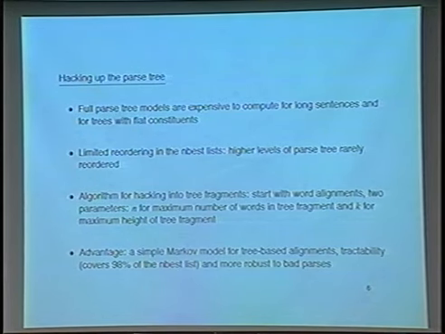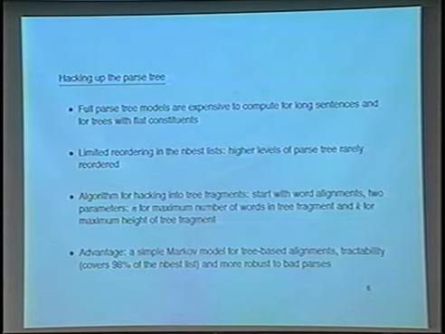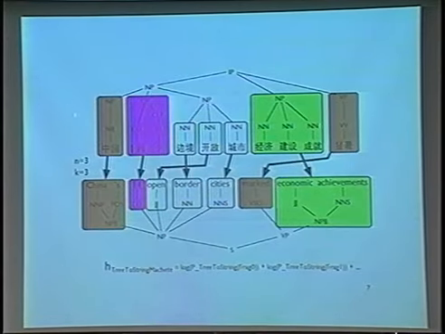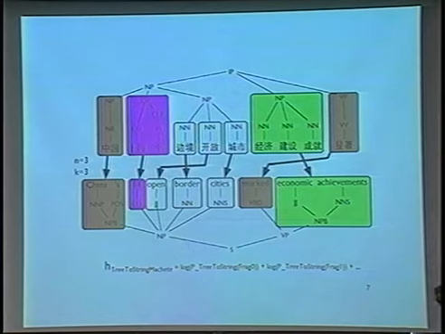So what happens when you apply this? So this is your input to the algorithm, and when you apply this very simple algorithm for hacking into tree fragments, this is what you get. So these are the two parameters, and these are the tree fragments that you get for this very limited case. So remember again, these are very small tree fragments because these parameters are small for reasons of illustration.